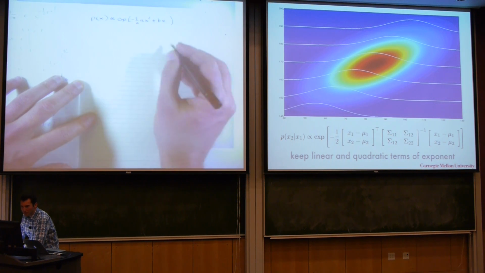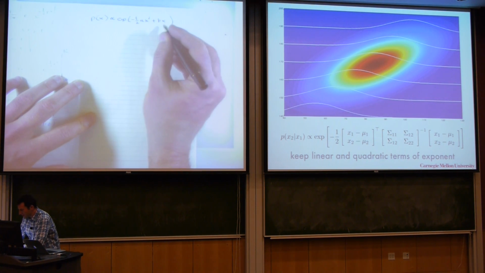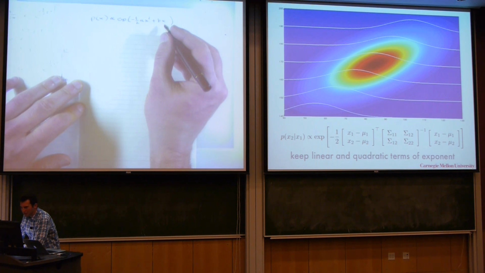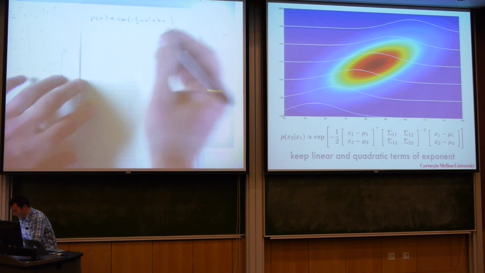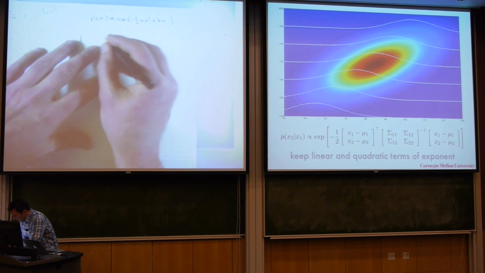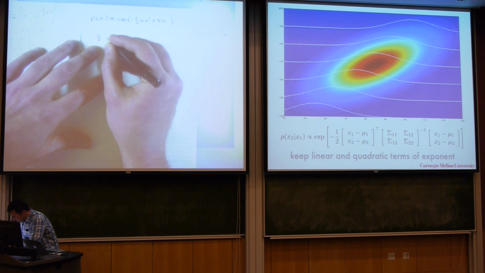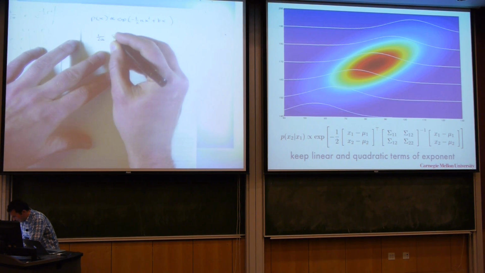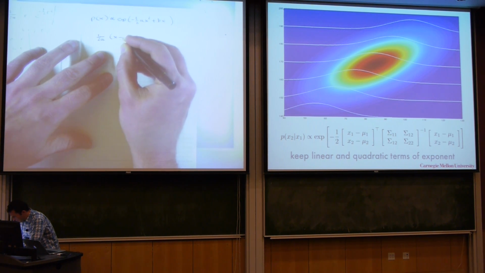So this is just a quadratic function in x. So can we work out the mean and covariance? Well, all we have to do is go and complete the square, right? So I can write 1/2a, and now here we have x minus,